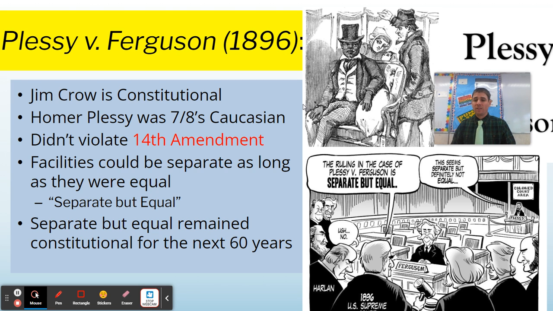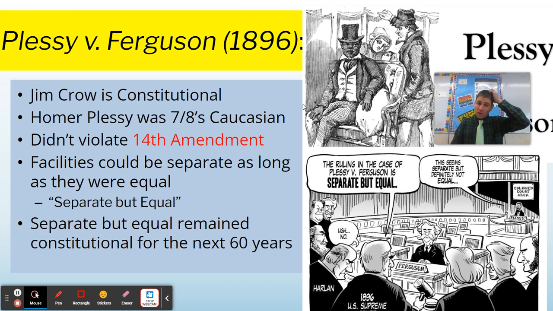He later sued, believing that the train's law of separate facilities, segregation, violated his 14th Amendment Equal Protection Clause, the law that says that the law has to apply to people equally. Well, the Supreme Court ruled that this was not a violation of the 14th Amendment. It didn't violate the Equal Protection Clause, as even though they were separate, a white facility, a Black facility, they were still equal. And since they were equal, there was no harm that was inflicted on him. The 14th Amendment doesn't say anything about there can't be separate. It just says it has to be equal.